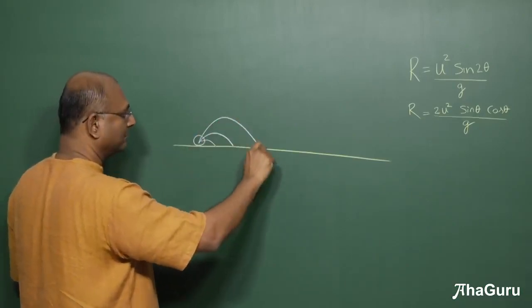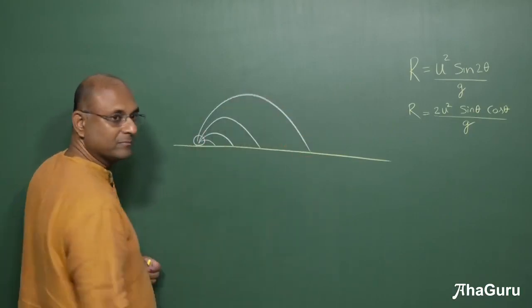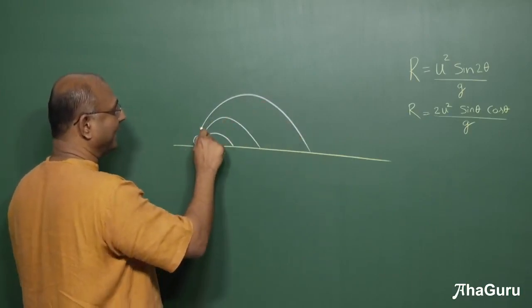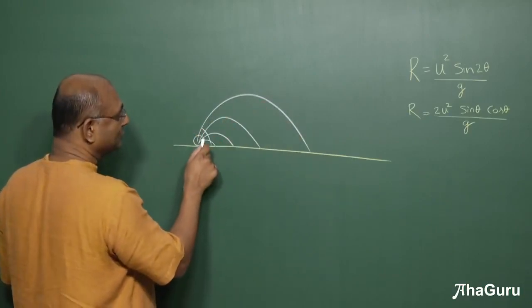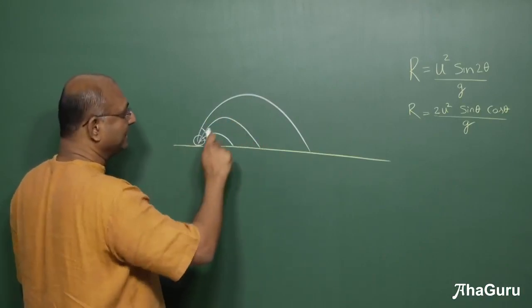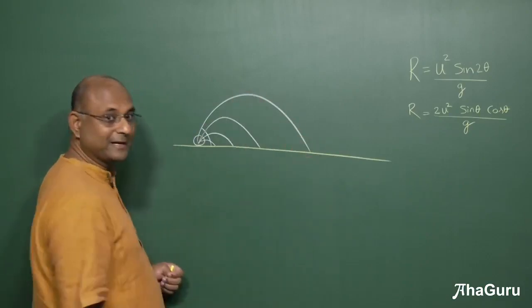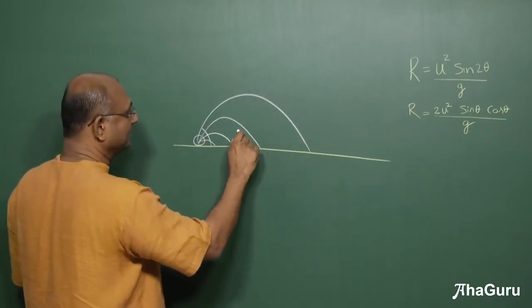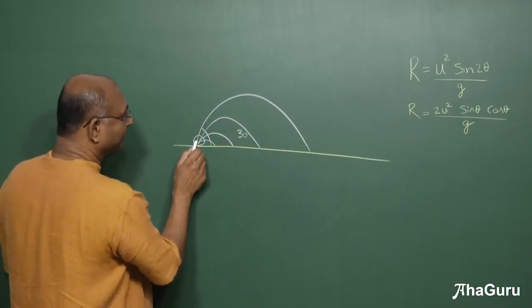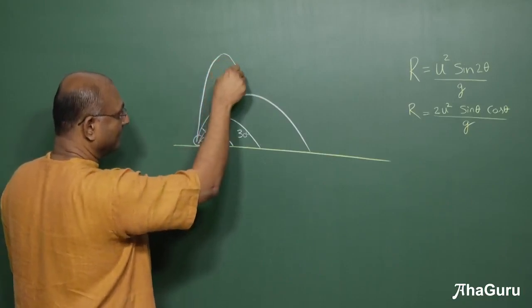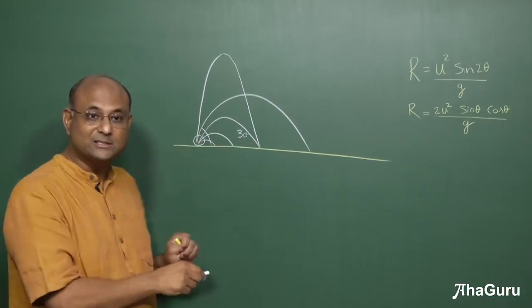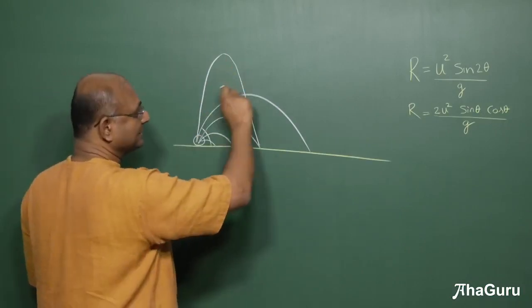Little better angle. Okay. Now this is the maximum that you will go to, and that happens when the angle turns out to be 45 degrees. So for example, if I tell you that this was the case at 30 degrees, that is the case at 45 degrees. So let us say this was 30 degrees. Then when I make it from 45 to 60, the ball goes higher but comes back to the same range. The range is the same. So this is the maximum.